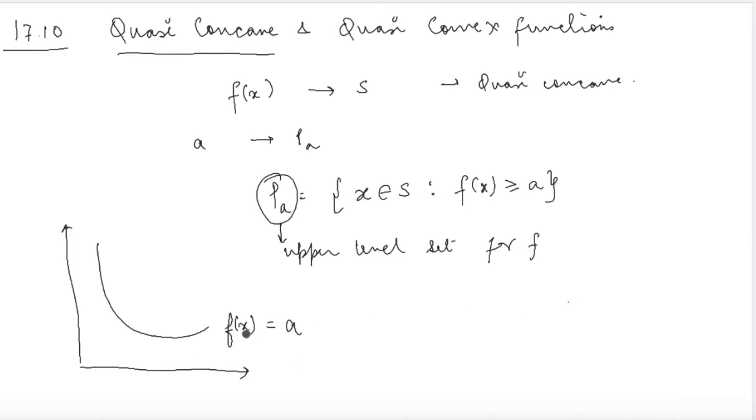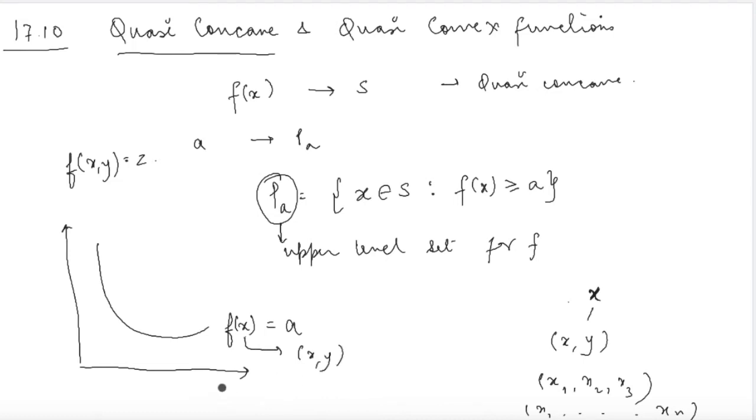Here again x is a vector, so please note that x is a vector. We are not talking about a function of one variable. X could be x, y, or it could be x1, x2, x3, or it could be x1 till xn. We are saying that for a case where we have a function like this, this is one of the level curves, where the x vector comprises xy coordinates. So say this is one of the level curves of the function f of xy is equal to z, where f of x is equal to a, meaning f of xy is equal to a. This and this mean the same.